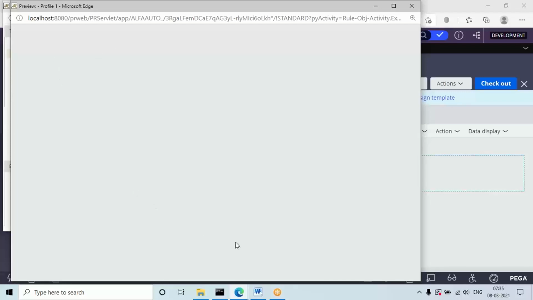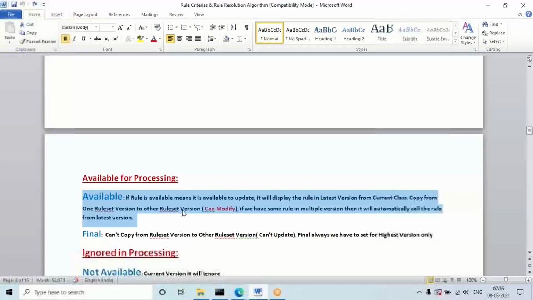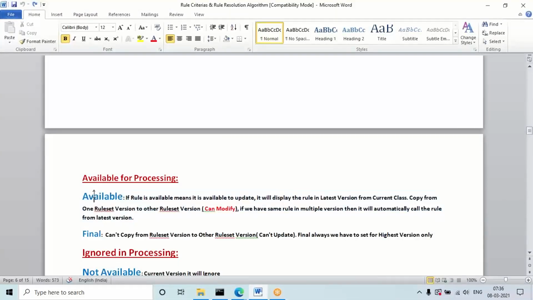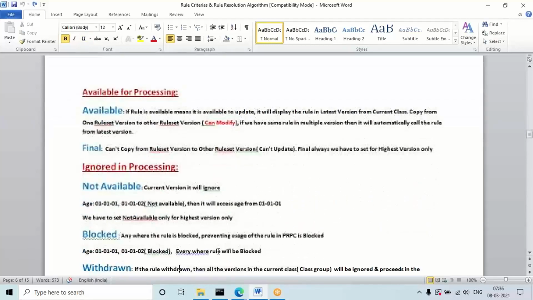So these are the availability types. If I set available, it is available for processing, and whenever the rule is available, it will execute the latest version rule, and we can do any modifications if required. Final means that is the final version rule, and further we cannot update. That is the final rule, and no modifications will be allowed for it.